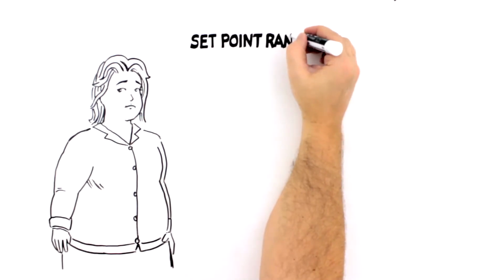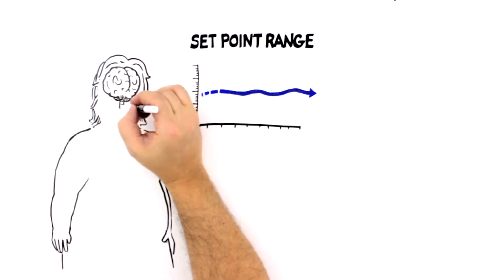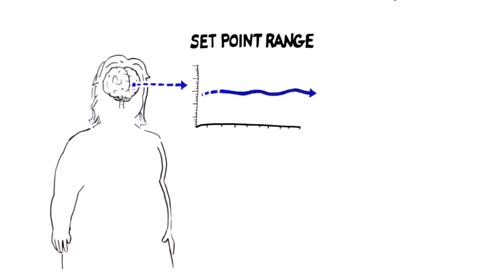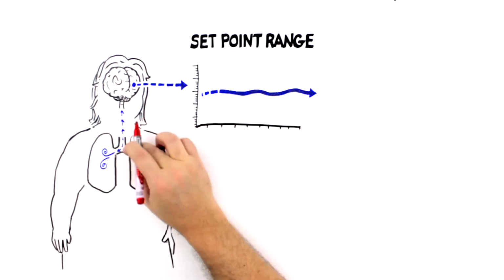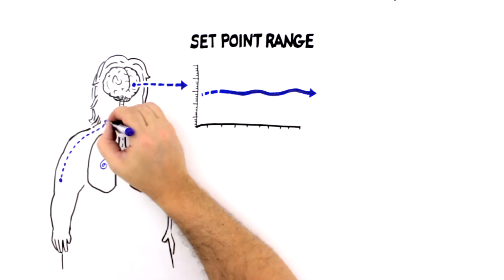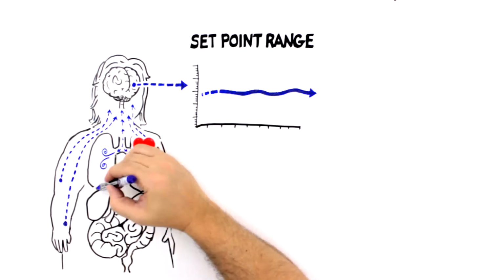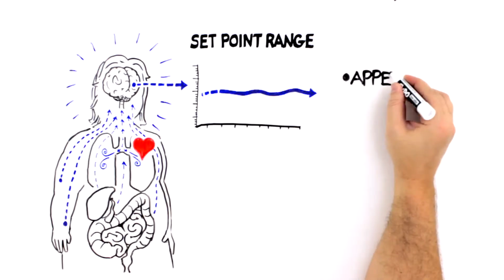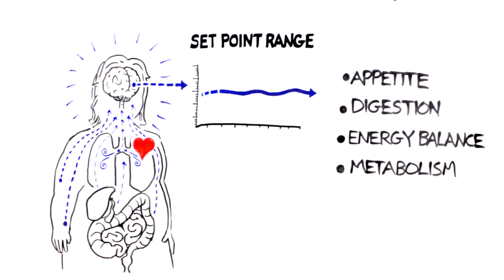One theory, called the set point theory, suggests that no matter what you want to weigh, your brain has a certain weight range and body fat level that it works to maintain within the set point range. This means that you don't control your body fat consciously. Rather, your brain manages it like it does your breathing and heart rate. Your brain receives information through hormone signals from your body fat, muscles, pancreas, liver, GI tract, and sensory organs at all times, and controls your appetite, digestion, energy balance, and metabolism.